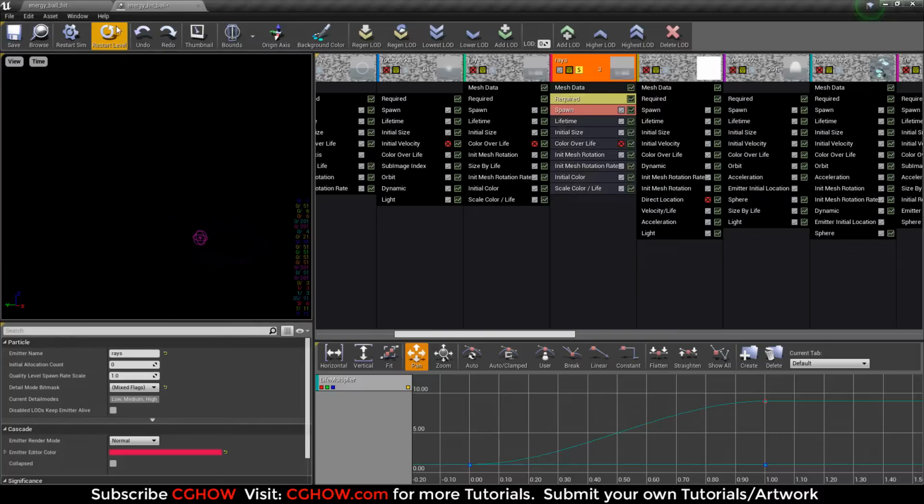Then again I duplicated my rays. This time they are not scaling out, they are just rotating and fading out. See,